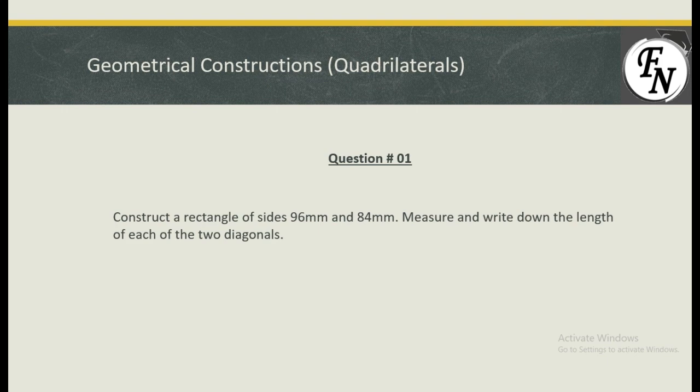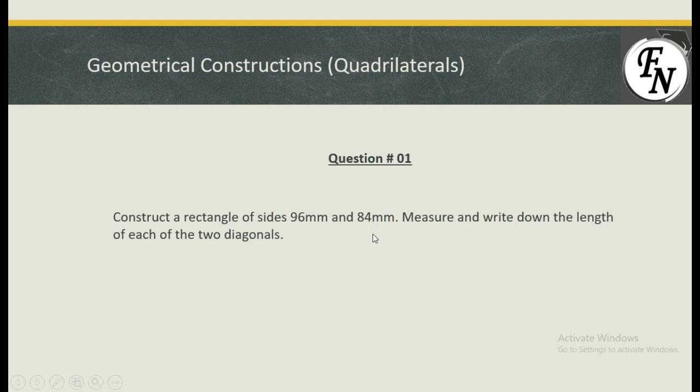So I need to remember my properties of rectangle, that two opposite sides are parallel and equal in length. That means the two lengths of the rectangle which are parallel, which are opposite as well, must have 96 millimeters as given, and the other two sides would be 84 millimeters. During construction we need to convert this into centimeters. After that we will be able to construct. Converting millimeters into centimeters, we divide the values by 10. That means this would be 9.6 centimeter and this would be 8.4 centimeter.